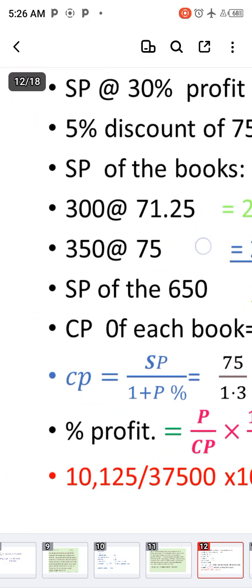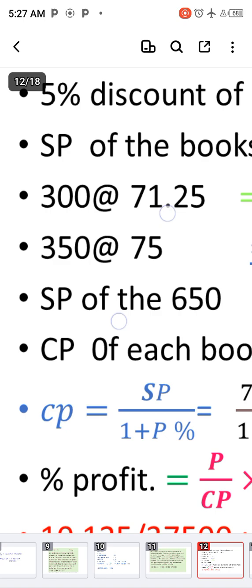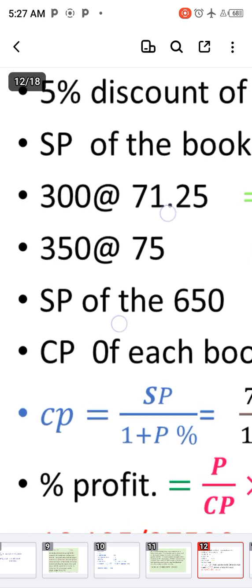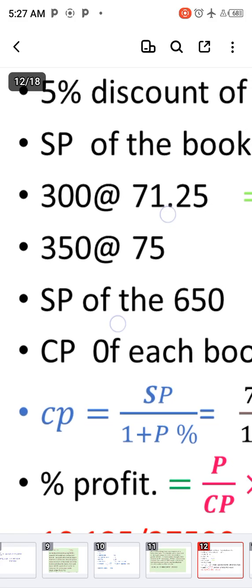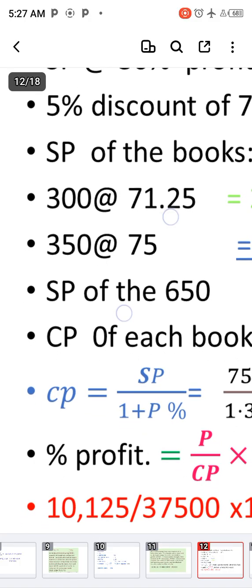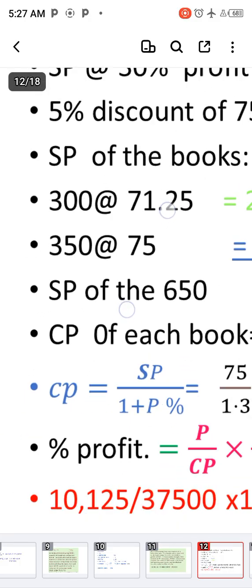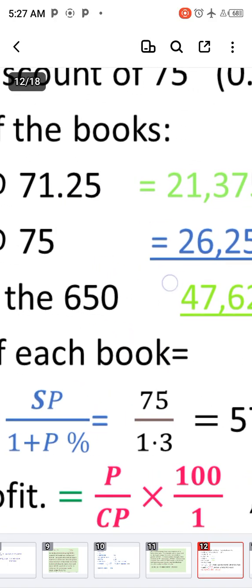The next thing we are going to do is to find out the selling price of the remaining 350 copies, because there are 650. 300 was purchased at 71.25. Then the remaining one will be 350 that was purchased at 75 naira, and the total selling price will be 350 times 75,